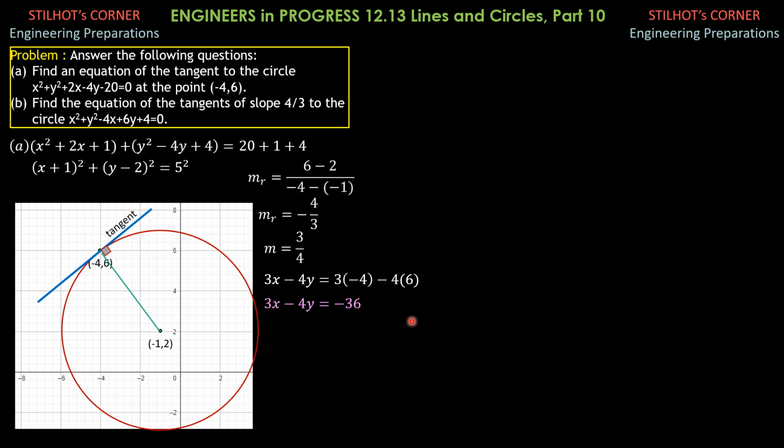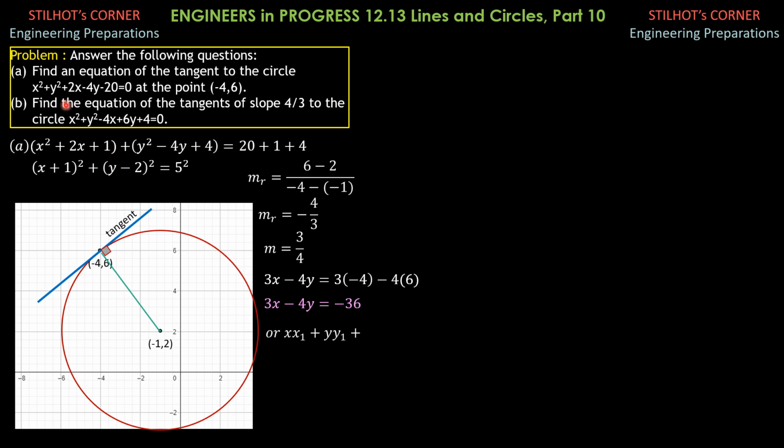Another way is we use the technique by replacing x squared into x1, y squared into y1, where x1 and y1 are the coordinates of the point of tangency. Then x is the average, 1/2 of quantity x plus x1, and y is 1/2 of quantity y plus y1. So let's show that the answer is the same using that technique.